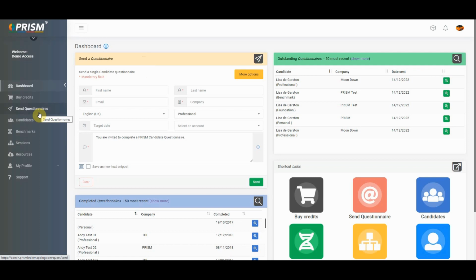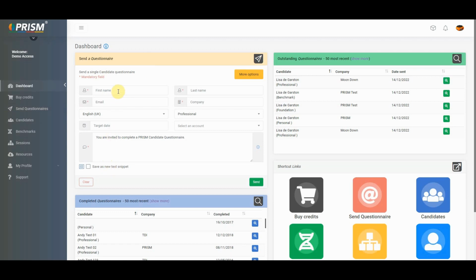The information required to send a questionnaire has not changed, but there is an important enhancement. You can now save your email text for future use as snippets. You can save numerous text snippets.